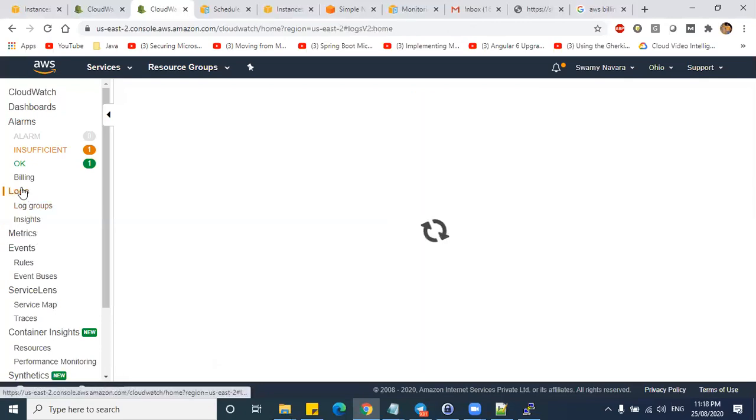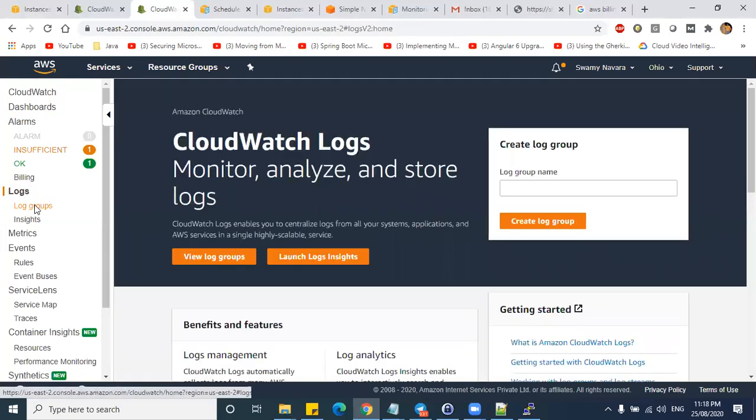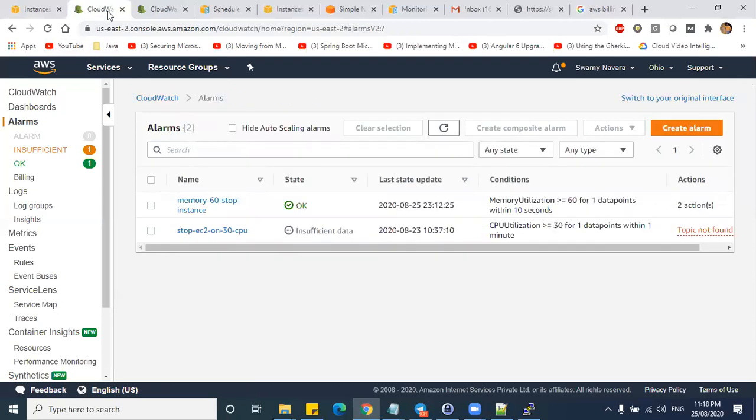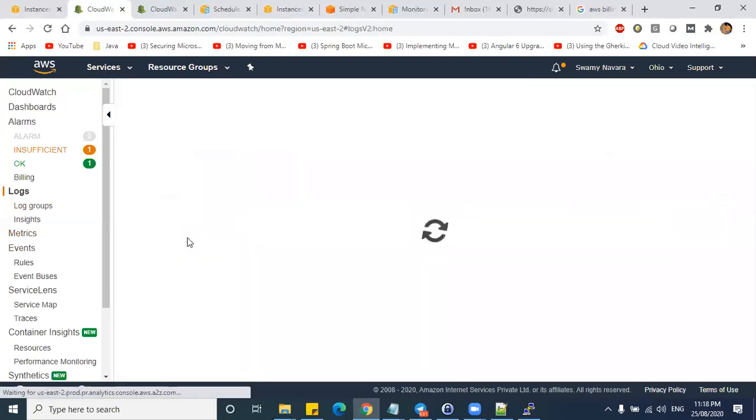And logs is the next thing. Under logs you can create log groups. For this, I will install an Nginx server. These log groups can be anything. Whenever you are creating an auto scaling group, if you have enabled reporting to CloudWatch, the auto scaling group logs will be available here. Similarly, when you are creating a VPC, if you select that option, the logs will be available here. So for whatever AWS services there are, you can see the logs available here.